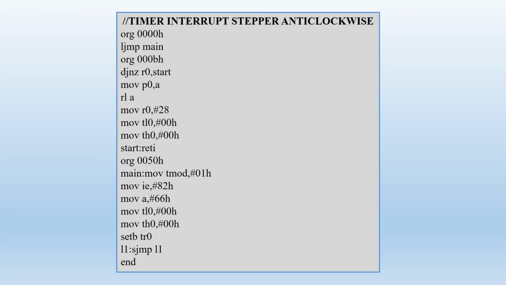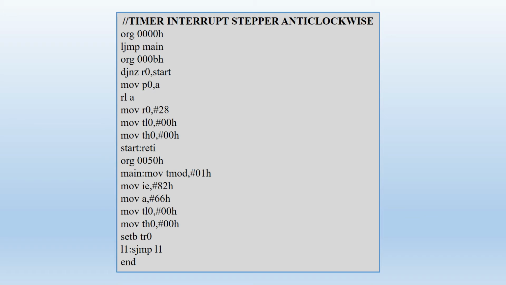This is a routine where we are generating a delay of 1 second. MOV R0, #28. R0 should be at its maximum, so that will be given and multiplied 28 times. Then you will get a delay of 1 second. Then you have to return from this delay. So it is return. Then we have written our main code.